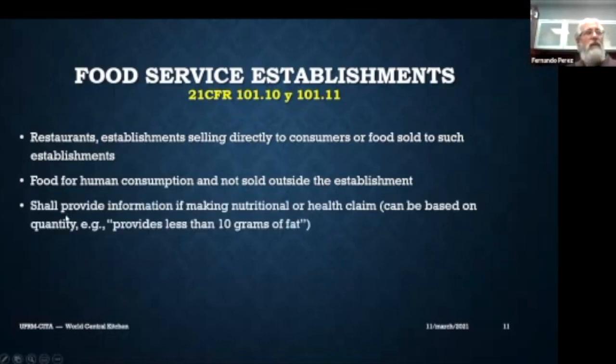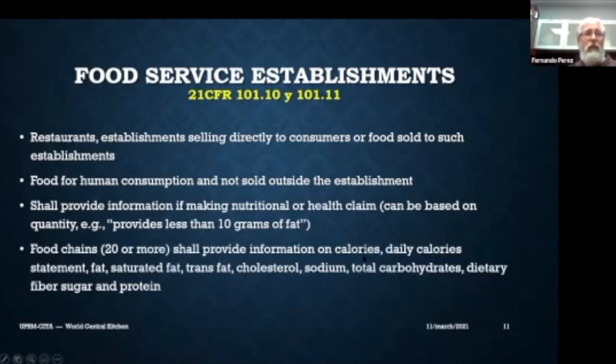So they say that the food service establishment shall provide information if making nutritional or health claims. The information that is required is this: calories, daily calorie statement, fat, saturated fat, trans fat, cholesterol, sodium, total carbohydrate, dietary fiber, sugar, and protein. You need to provide all that information if you are making a nutritional or health claim, regardless of your size. If you are making health claims or nutritional claims, you need to provide that information for menu